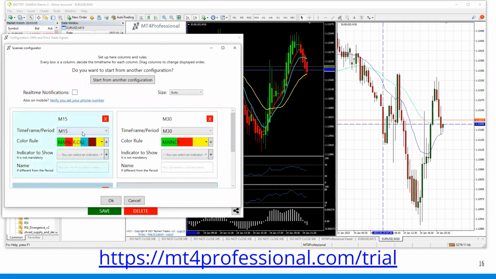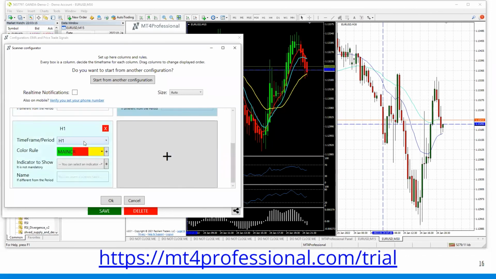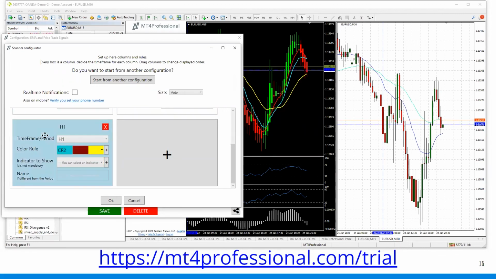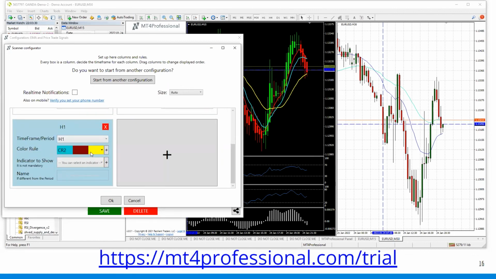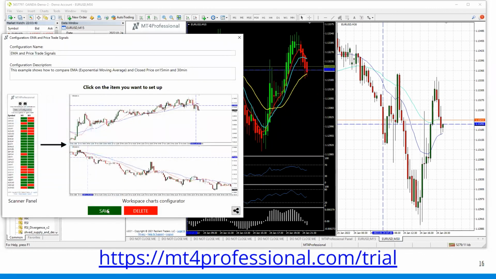I'll say okay. And now you can see I've got two separate color rules, but I don't want color rule 2 for my 30. I also don't want it available for my 15, but I do want it available here for my 60. I want that one, but I don't want the main color rule. So now you can see I've got a 15 and a 30 doing the regular standard crossover comparisons, but for my 60, I'm only checking that color rule because I want to see if the longer term cycle is true. So by clicking OK and saving it,